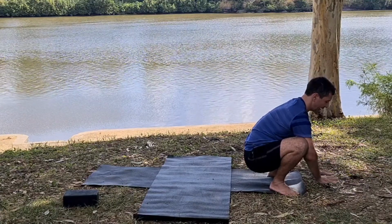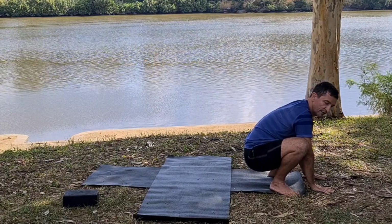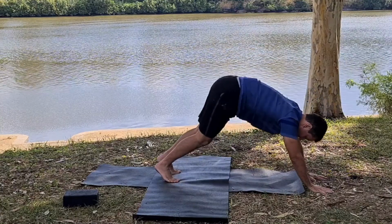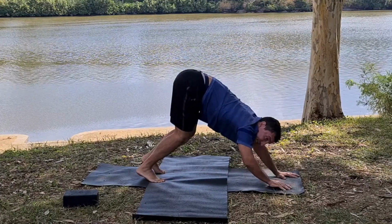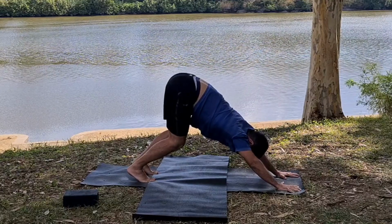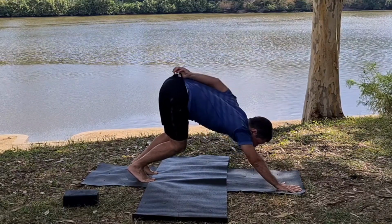And then from here, hands come to the floor. What you can do is either walk or jump the feet all the way back, and then just lifting the pelvis up, keeping the knees bent, and working your way into downward facing dog. So it's essential to have those knees initially slightly bent,